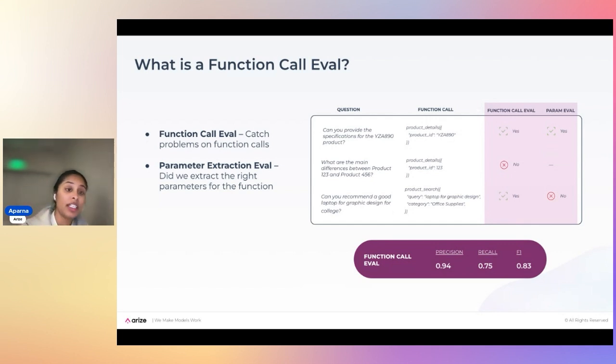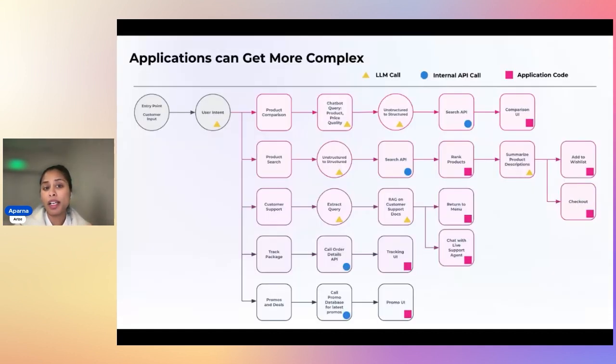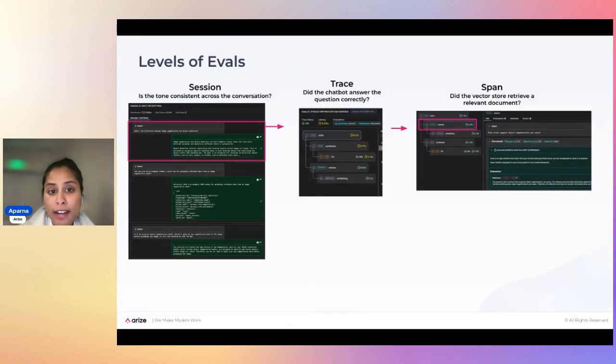And for each one of these, you can do LLM as a judge. You can track things like the precision and the recall of these different types of applications. And we're seeing this as a very common framework that folks are using to route more complex applications like this to the right experience for the user in the real world.